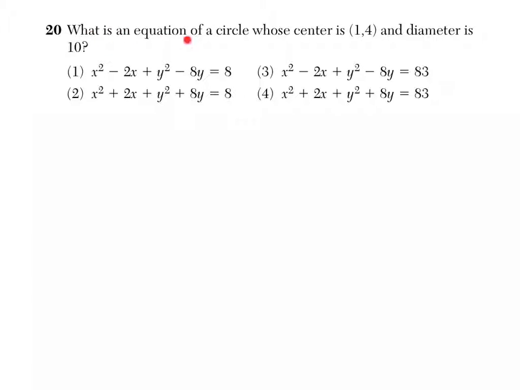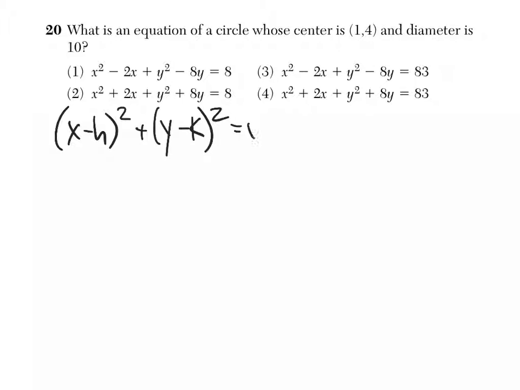Question 20. What is the equation of a circle whose center is (1, 4) and diameter is 10? Well, if we're talking about equations of a circle, we're going to need to jot that down. And I remember that it's (x minus h) squared plus (y minus k) squared equals the radius squared. So to approach this problem, we're going to substitute in the center, which is (1, 4), and